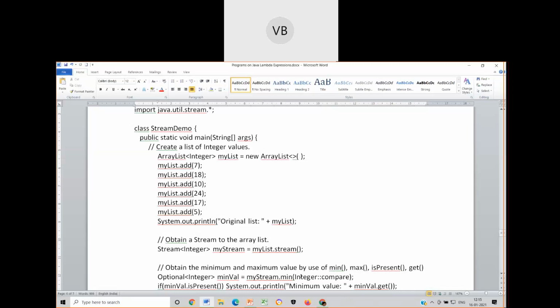Yeah, that's right. Suppose in a stream of 10 values, I want to search whether one value is present or not. Very well you can. Then what you are supposed to do is apply the sort function. Do you want to apply min or max? What do you want to perform? I want to search for that variable. Then you can use is present. Definitely you can. With reference to what do I have to call it? I have to mention my stream as well. My stream dot is present, and how will we check for that particular value?